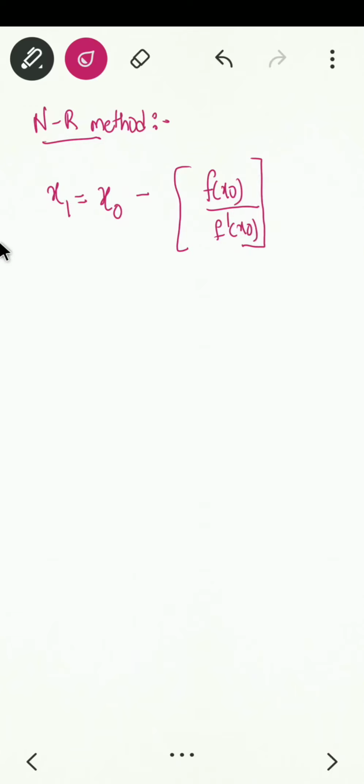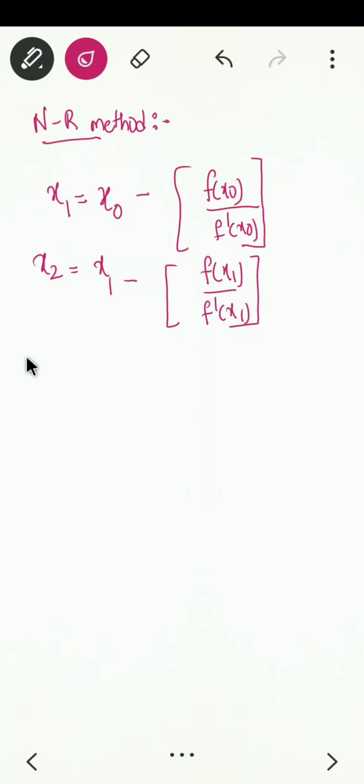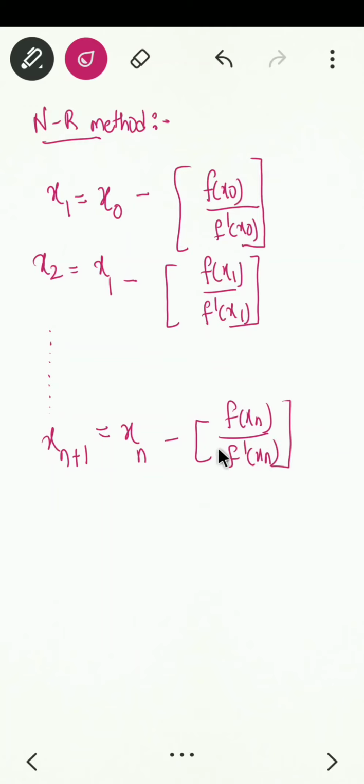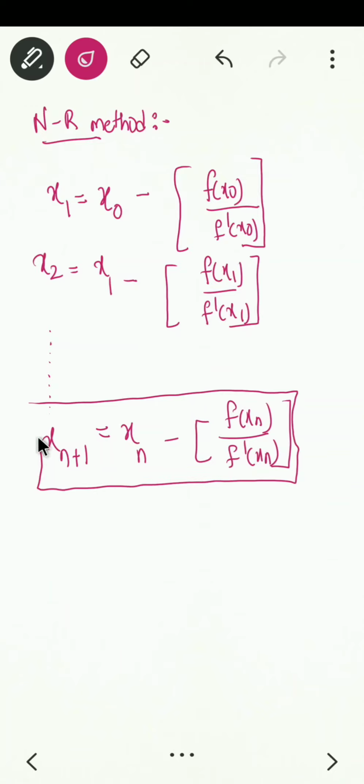Hope you are getting it. Then I can write x2 is equal to what? You might have understood till now. x2 is x1 minus f of x1 divided by f dash of x1. So hope you are getting this right. So if I want the iterative steps for the Newton-Raphson method, that is, if I want to write xn plus 1, each time 1 is getting added to the index. So I can write xn plus 1 as xn minus f of xn divided by f dash of xn. Okay, hope you are getting it. So this formula we can call the iterative steps formula of the Newton-Raphson method, but you have to remember